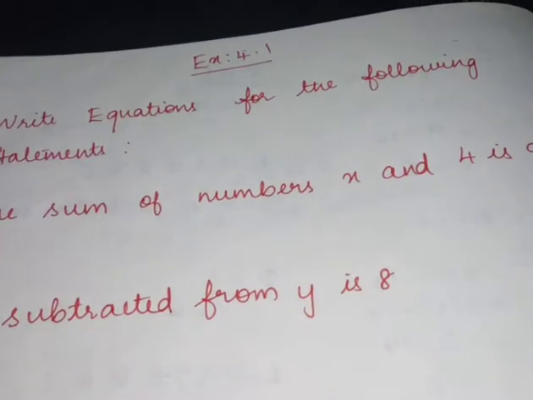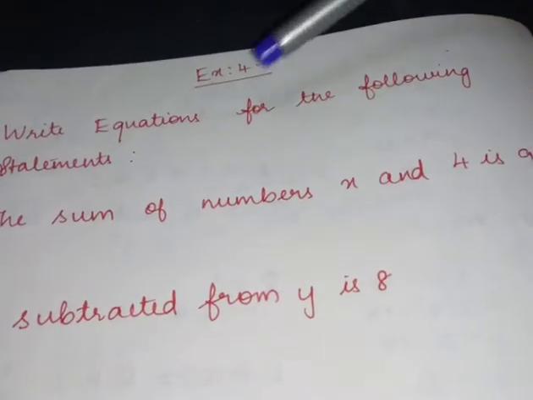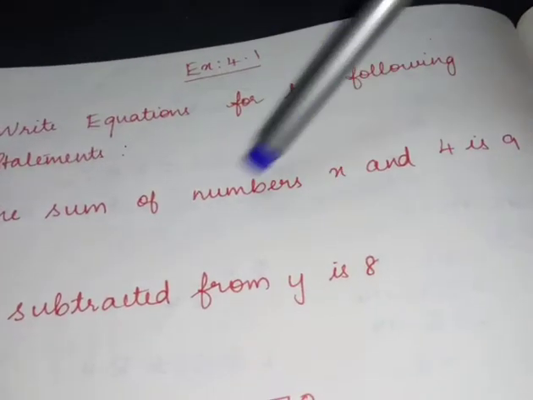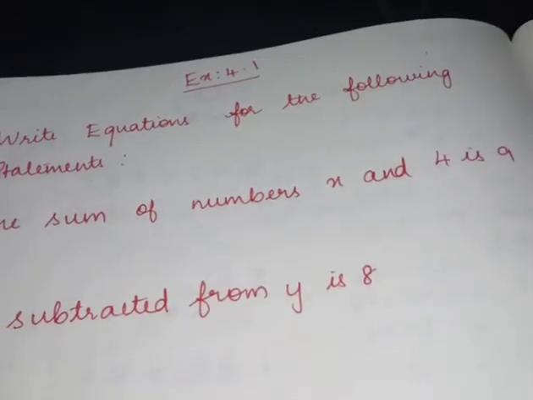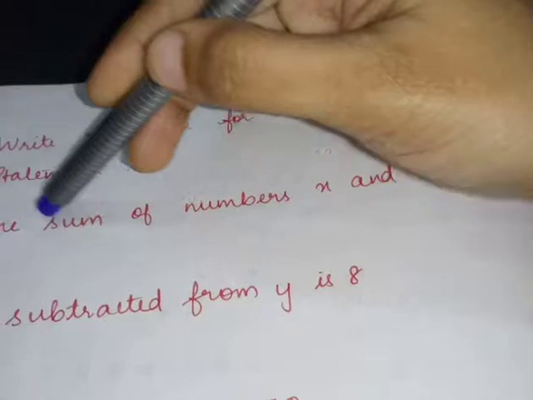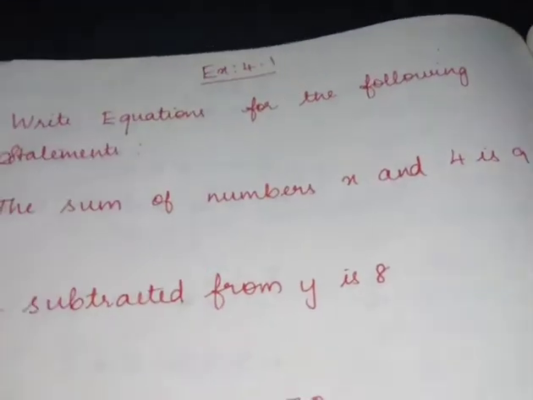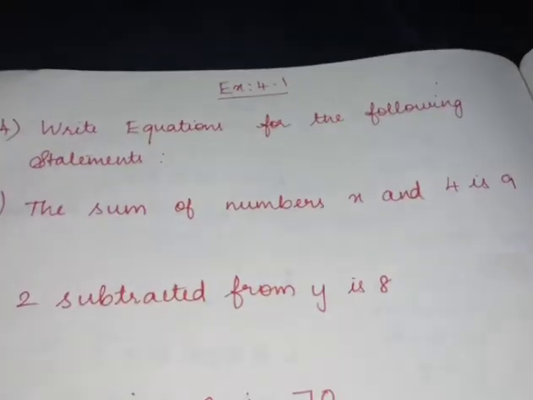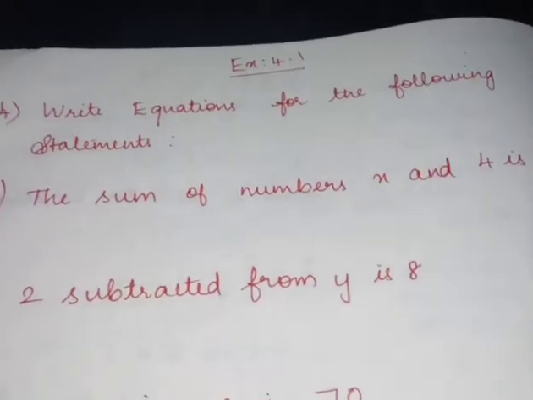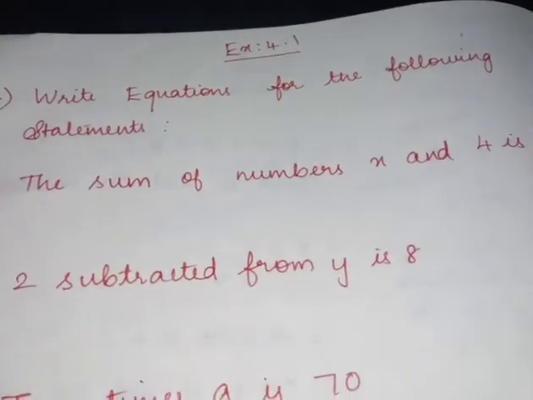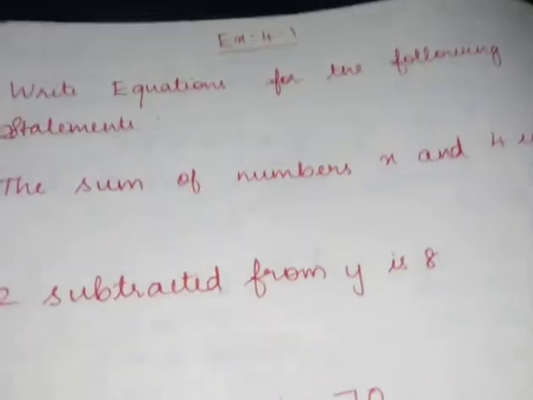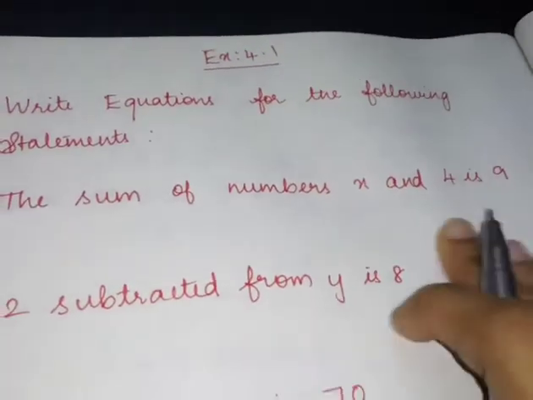Okay. What is the question? Write equation for the following statements. I hope we have discussed the same type of problem in our example, right? The same way we are going to write the equation for this given statement. Based upon the statement, we are going to write the equation. Equation means what? It will be having an equal to sign, variable, constants, operator. So these are a must in this equation.